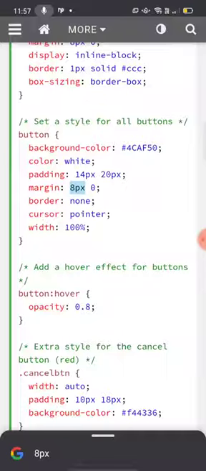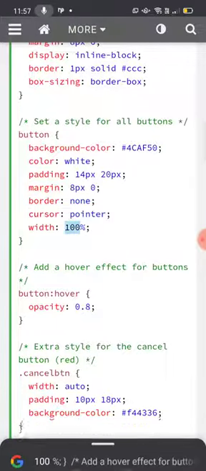Border is given none, cursor will be pointer, which is the cursor displayed over there, and width is given as 100%.